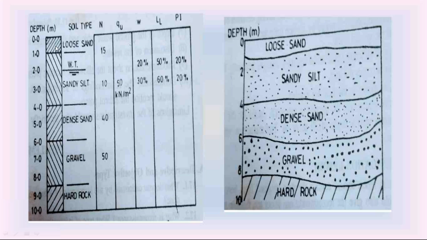By collecting the soil samples from this borehole, we can find out the liquid limit, natural water content, and plastic limit of these soils. Those details are also included in the investigation report, and also the shear strength. What about the shear strength of all these soils? This is the depth of the borehole. We collect different soil samples from this borehole, disturbed and undisturbed soil samples, as we discussed already, and we can find out these properties of the soils collected from the boreholes, and we must also include the data in the investigation report.